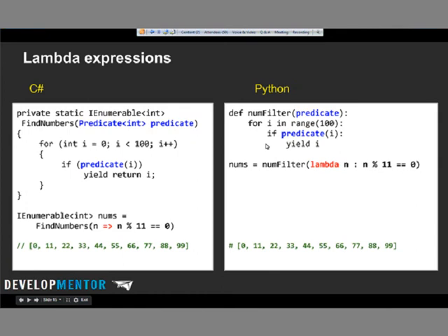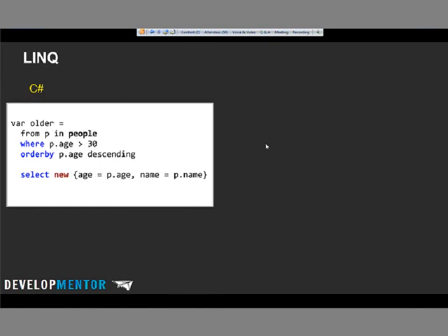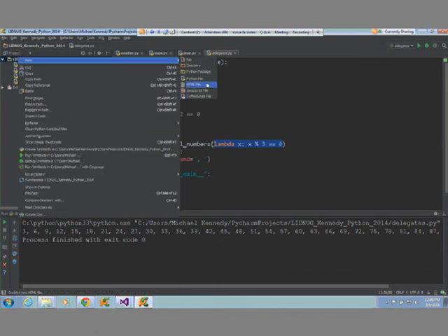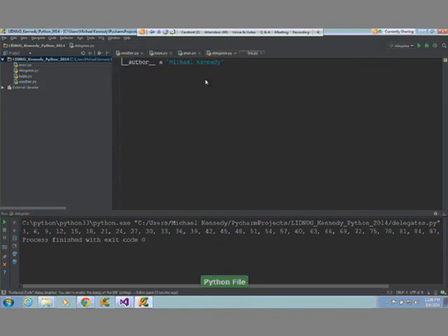Let's keep going. All right, so one of you guys asked about LINQ. Let's talk about LINQ a little bit. So LINQ is one of the crowning achievements of C# 3, along with Lambda expressions, I might add, and extension methods. Those 3 things together make a world of difference. So here we've got a set of people, and we can do things like order them, we can filter them, and so on. Let's see what Python has for us here. So I'll create another thing called LINQ. It's not called LINQ in Python, but that's the analogy you guys will have. So let me create that. So let's define a class of person.